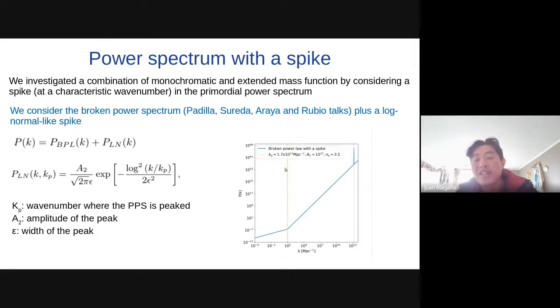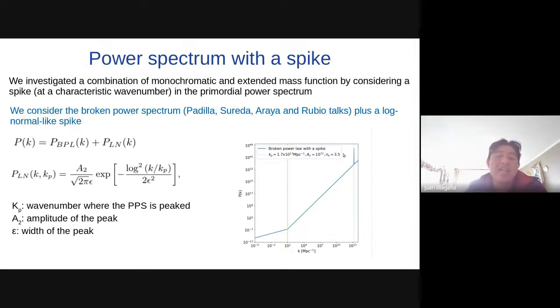Remember, this orange line here is the pivot wave number where the spectrum index becomes blue. But now we have another k_p where the primordial power spectrum is peaked. In this example, I put the peak at this value of the wave number, 10 to 13 megaparsec to -1.